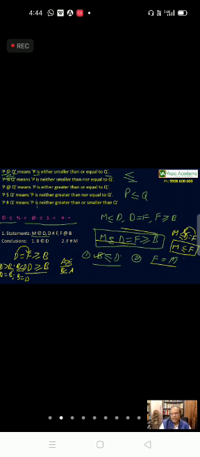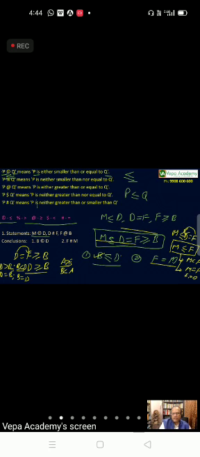M less than or equal to means it has two meanings. What are the two meanings? M less than F. What is the second meaning? M is equal to F. M is equal to F means F is equal to M. This meaning is valid in one meaning of the statement, but not both the meanings. When two meanings are possible for the statement, the given conclusion is valid in only one meaning, but not all the meanings or both the meanings. So we declare this as not valid.